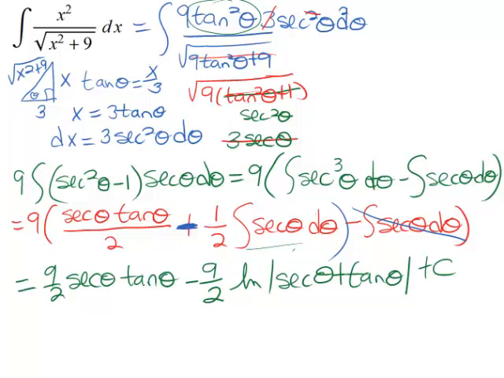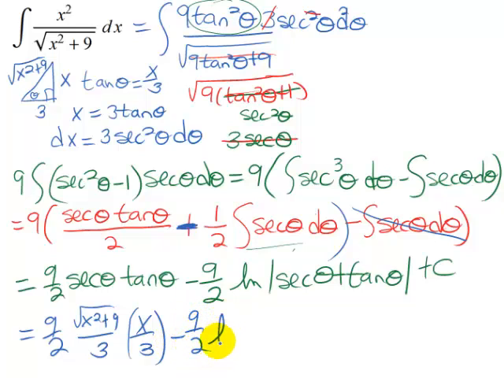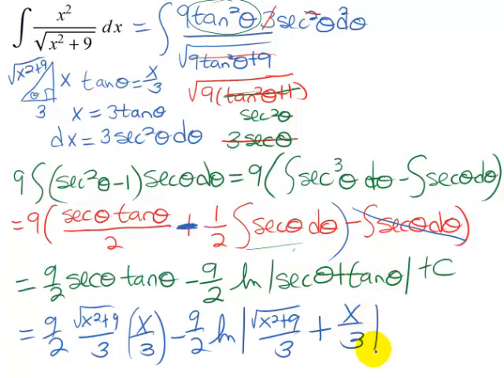But now our last step would be to get our solution back in terms of x. So it looks like we have 9/2, going back to our triangle, and looking here we have secant theta. Secant is the reciprocal of cosine, so that's going to be hypotenuse over adjacent. So that's going to be the square root of x squared plus 9 over 3 multiplied by tangent theta, and we know tangent theta was x over 3, minus 9/2 times the natural log of the square root of x squared plus 9 over 3 plus x over 3, replacing our secant theta and our tangent theta,